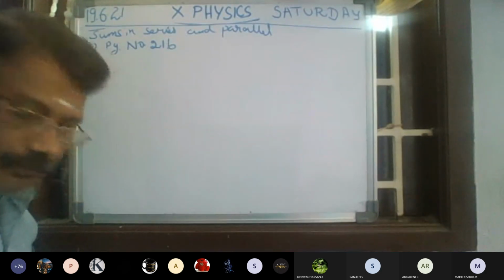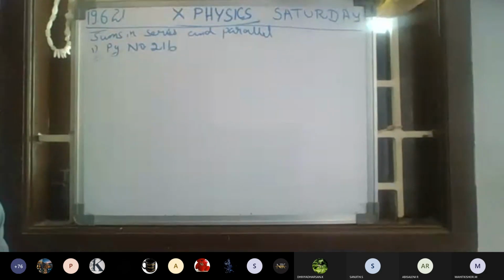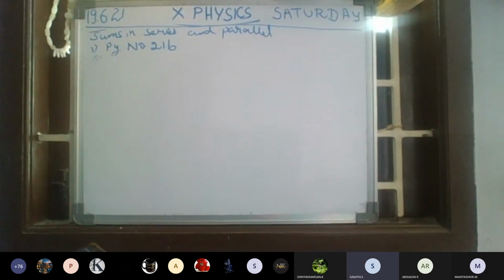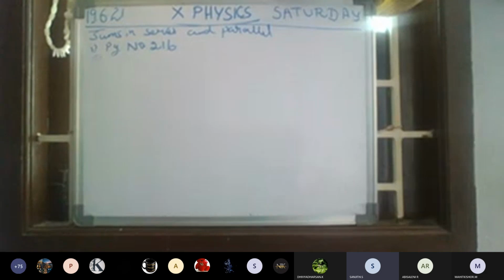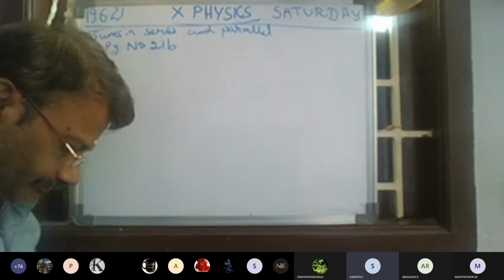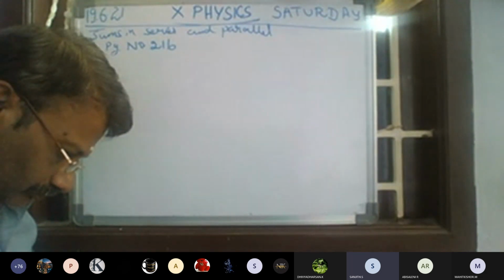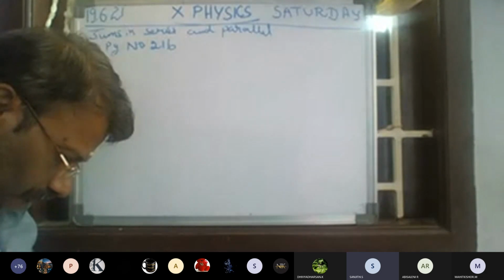An electric lamp of 100 ohms, a toaster of resistance 50 ohms, and a water filter of resistance 500 ohms are connected in parallel to a 220 volt source. What is the resistance of an electric iron connected to the same source that takes as much current as all three appliances? And what is the current through it?